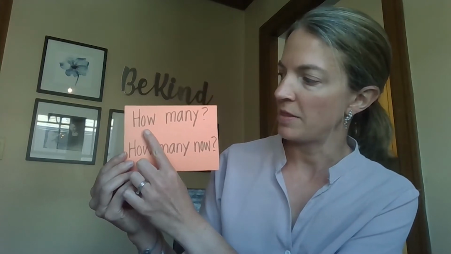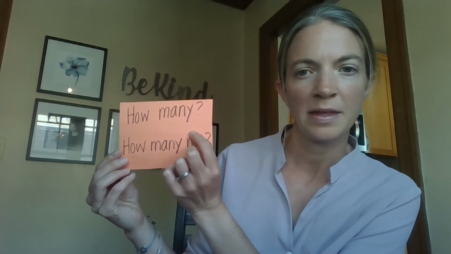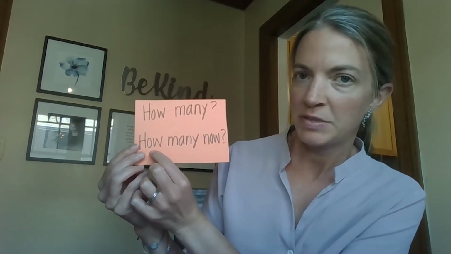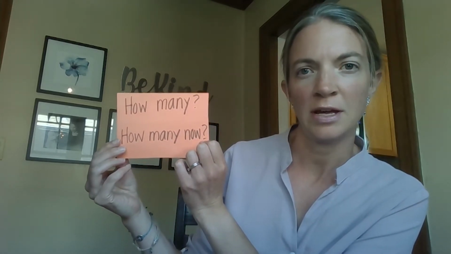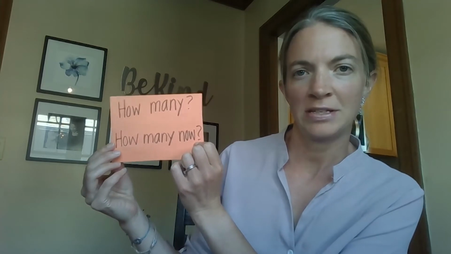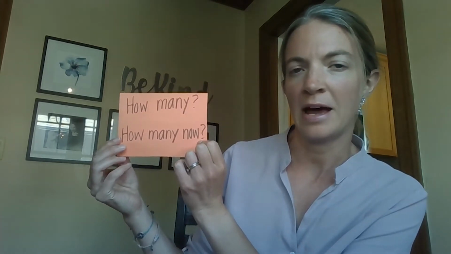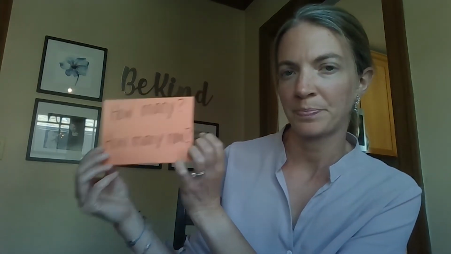So today we're going to start warming up our brains with some math flips. When we do math flips, on the first side, we want to think about how many do you see? And then when I flip to the next side, you want to think how many now? So look for what's changing and use the front side of the flip to help you with the back side of the flip. Let's try some.